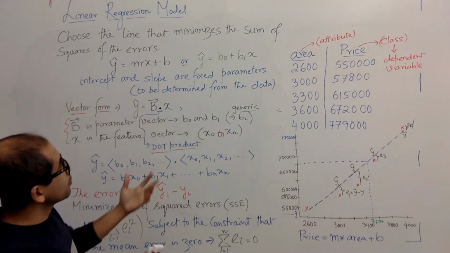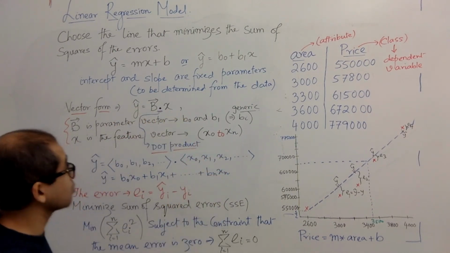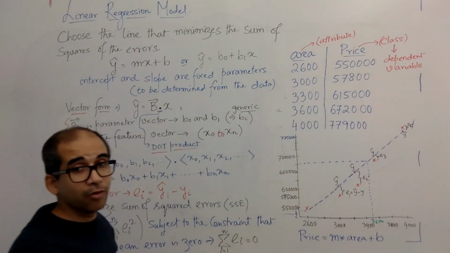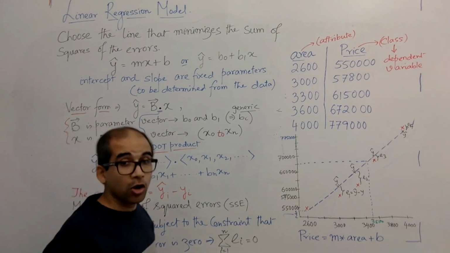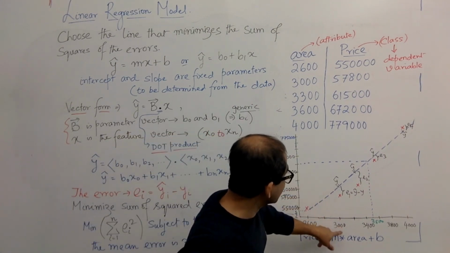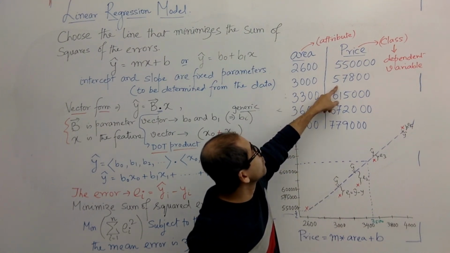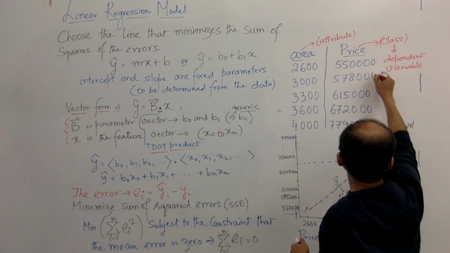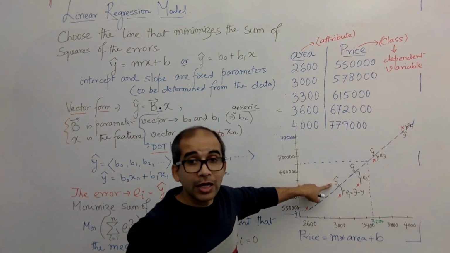and the slope, which are the fixed parameters, because for a particular line there will be fixed parameters. They are to be determined from the data. Now using that, when we have drawn that line, we try to find out that for 3,000 square feet, let's say the actual value is 578,000, and then you will see the predicted value, which will be on the line,